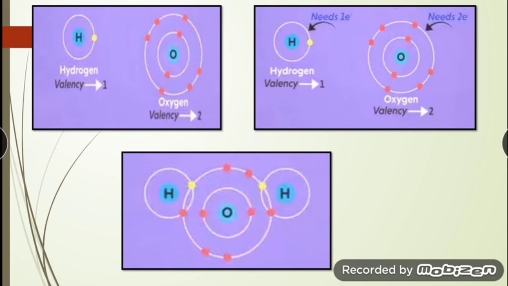This is how the different valencies of different atoms combine together to form a bond. In this way the concept of valency works, children. So now children, we have studied electronic configuration. Also we have seen how to find the electronic configuration of various elements. We have seen the stable state of various atoms. Also we have seen the valencies and how to find the valencies of various atoms.